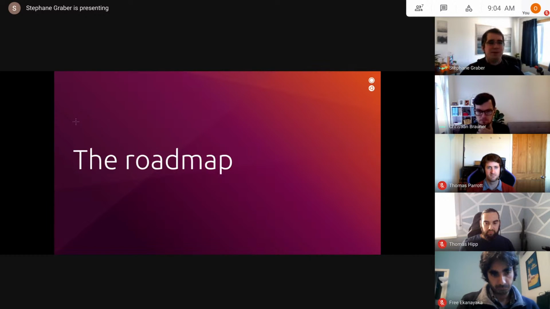Now, on kind of how the roadmap works here on the team. So we work on a 6-month cycle. That mostly comes from us working for Canonical and Ubuntu being Canonical's main product, which releases every 6 months. So the planning within the company is usually aligned to that. So our planning is also aligned to it. That means we've got one cycle which is from April to October and one from October to April.